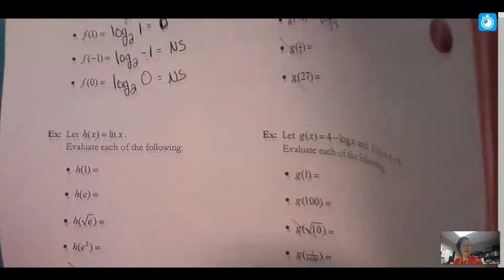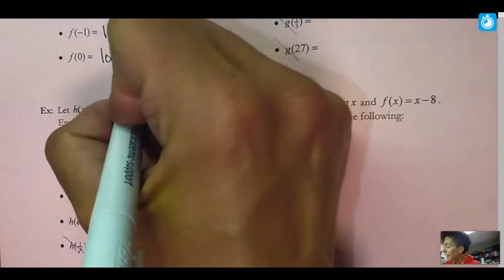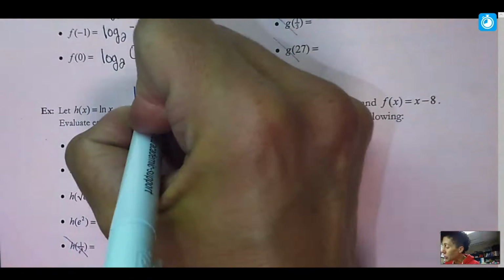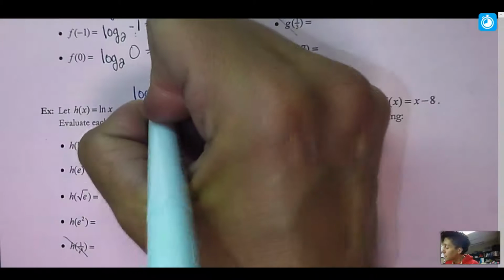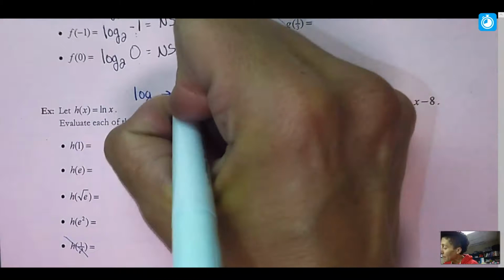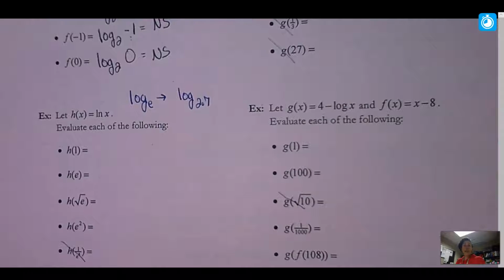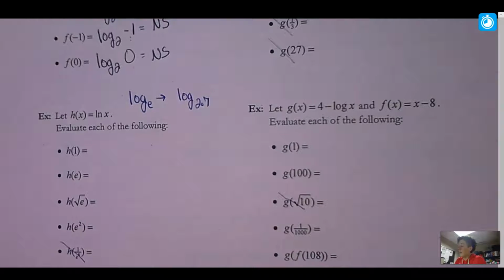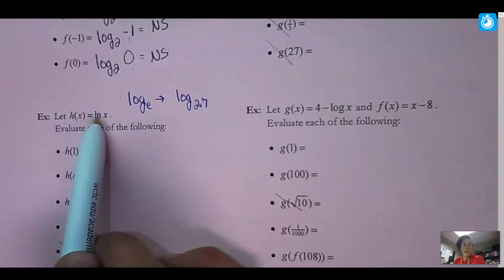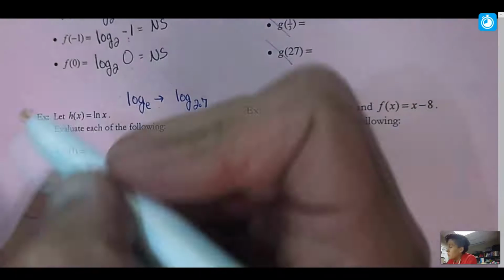Let's take a look at some with ln. So just a reminder that ln is a log. It just has a base of e. And so what's happening here is that base then is about 2.7. So they don't write log e, they write ln. It's called a natural log, N for natural, L for log. So if I just put these in,